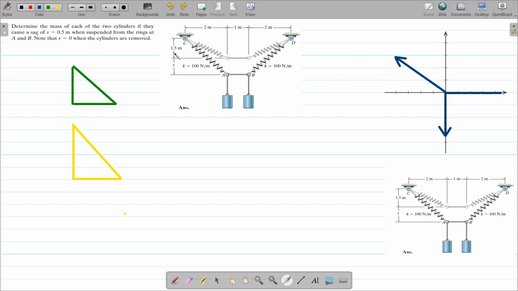So we can very easily calculate the length of the spring in the initial state, when no loads are being applied. So we know this length is 2 meters, and the vertical length is 1.5 meters. So we can say very easily here that